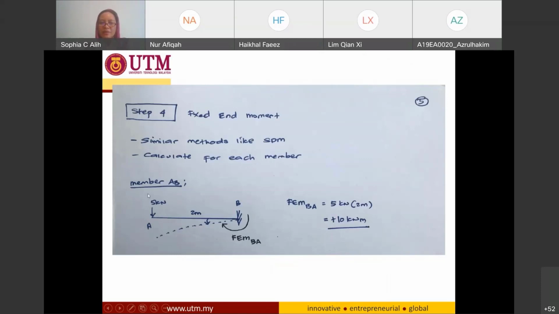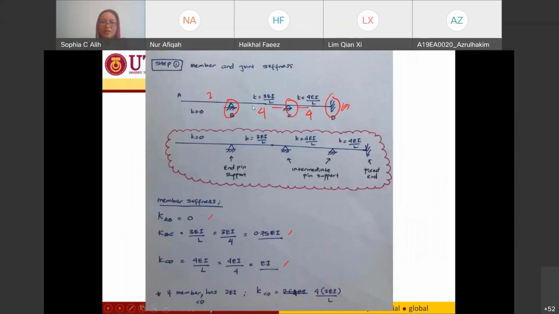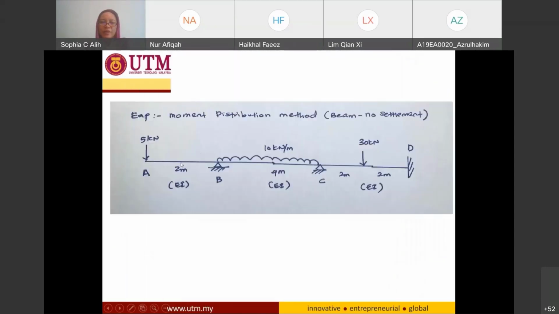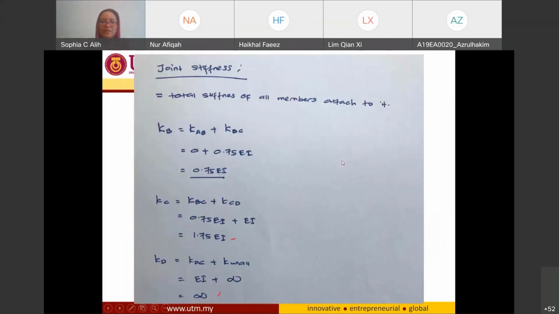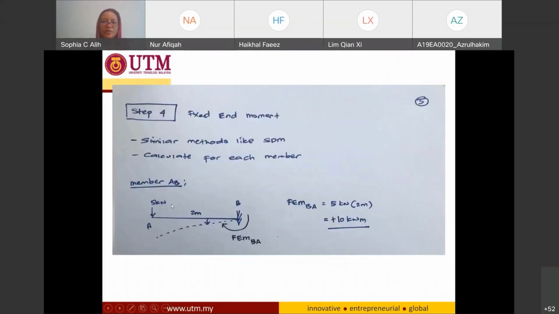So we have member AB. For our example, we have 3 members: member AB, member BC, and member CD. So we calculate this one first, and then the second one, and then the third one. Okay, so this is where we are. The first one, member AB. For member AB, one end is a cantilever end